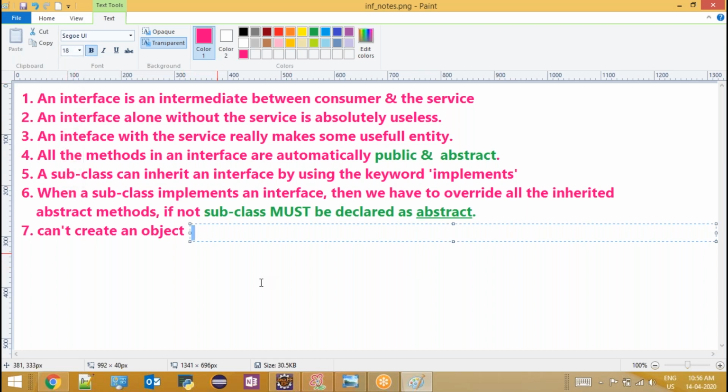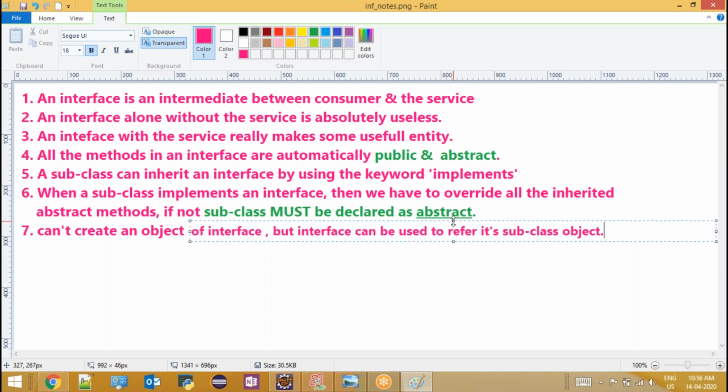Let's say I'm going to make it an interface, but an interface can be used to refer to its subclass object. Clear? So it can be used to refer to any of its subclass objects, but we cannot create an object of